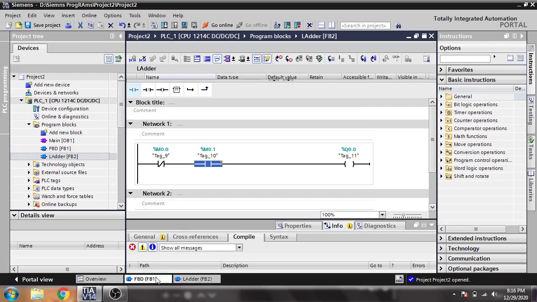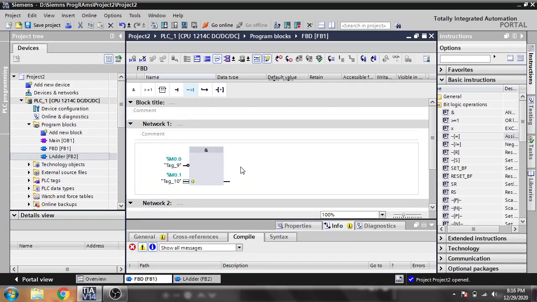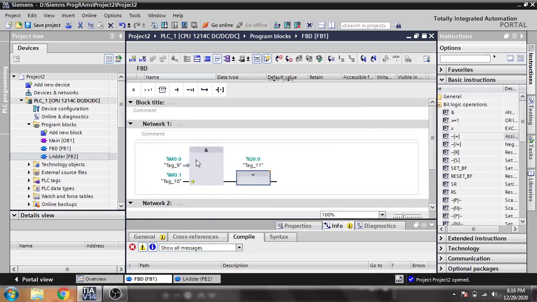M 0.0 is NC, so I'm putting M 0.0 as NC and M 0.1 as NC. Now I'm going to paste it there, and my output is Q 0.0. So these are the same. You will see this one and this one are working the same, the same language, same output, same commands.